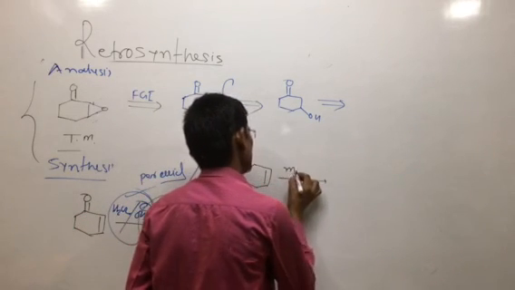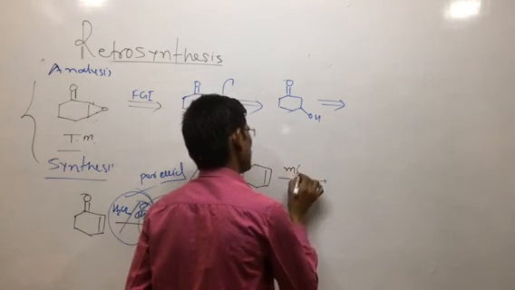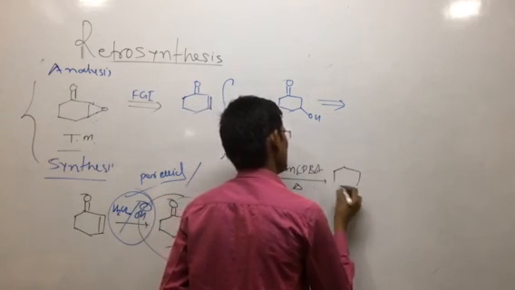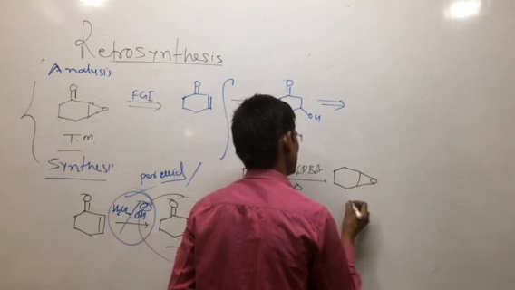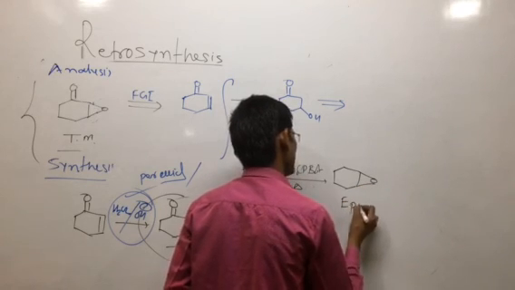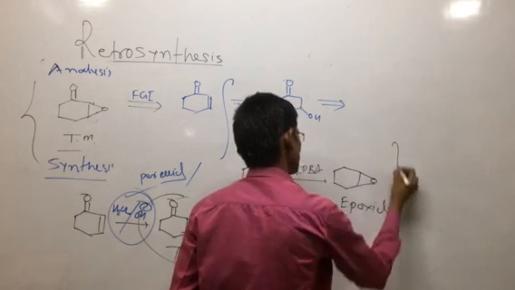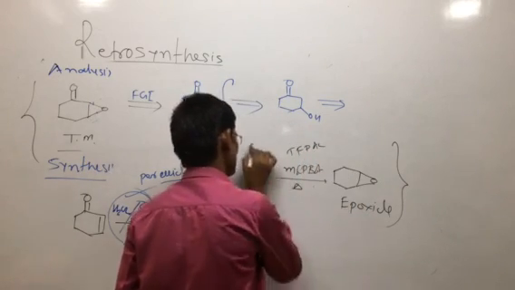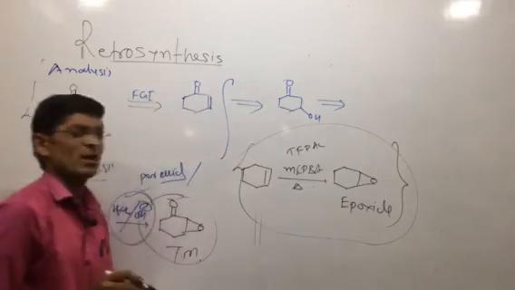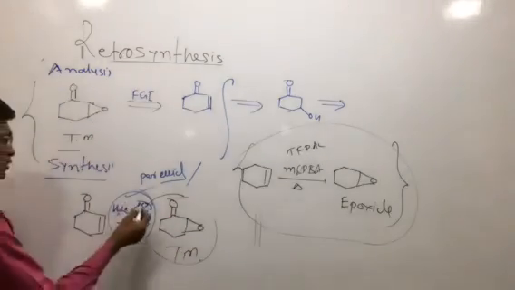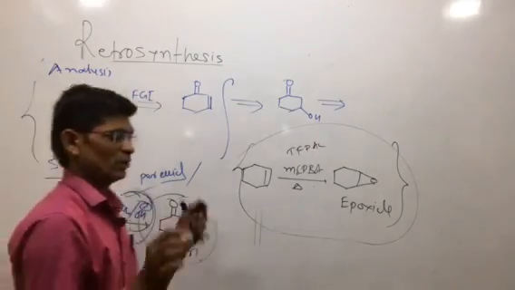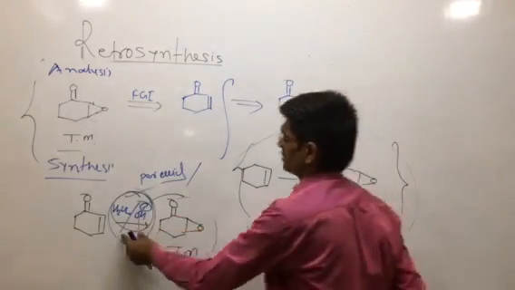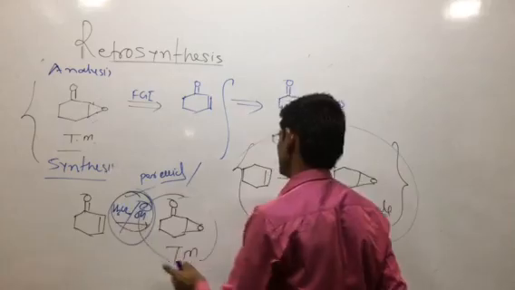If we take this MCPBA, meta-chloroperbenzoic acid, then in a one-step reaction oxidation takes place, with formation of an epoxide. So MCPBA or trifluoroperacetic acid are used. So this is one plan of another synthesis. This is used for a particular stereoselectivity. It is the stereoselectivity that matters, so the specific reagent is used for the preparation